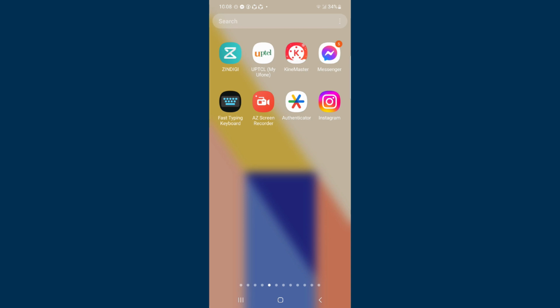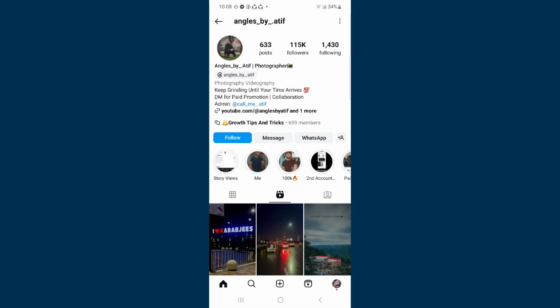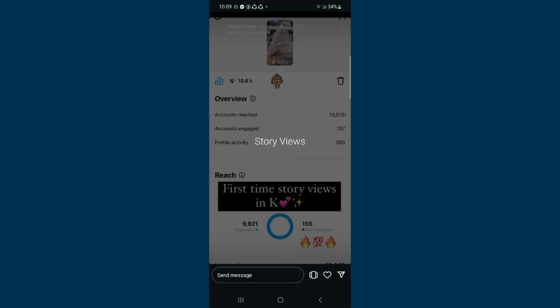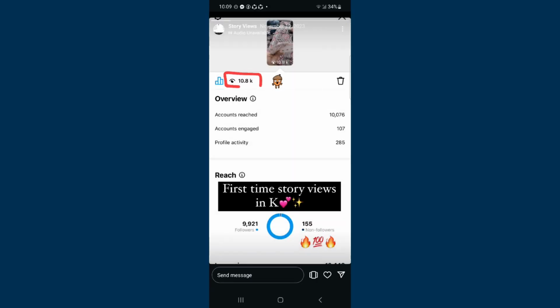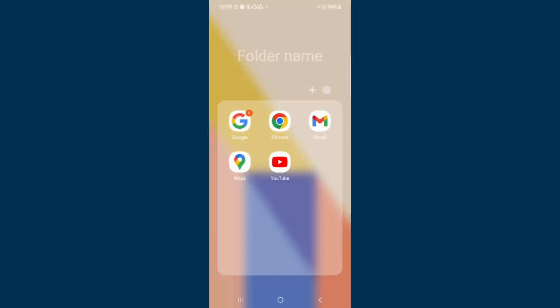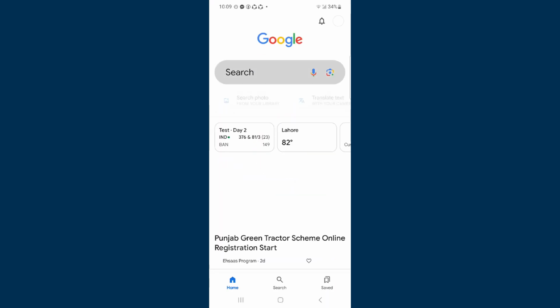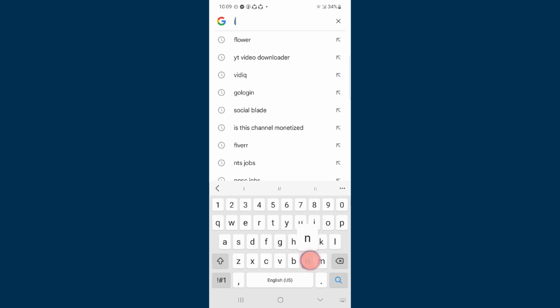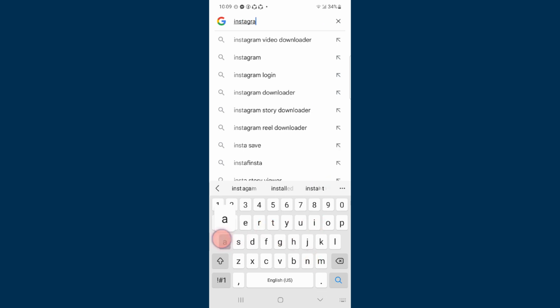First of all, you have to open your Instagram and here select the story that you want to download. For example, I want to download this story. I will just click on this arrow button, means share button, and here you have to click on copy link. The link is copied. After that, you have to open Google and here search for Instagram story